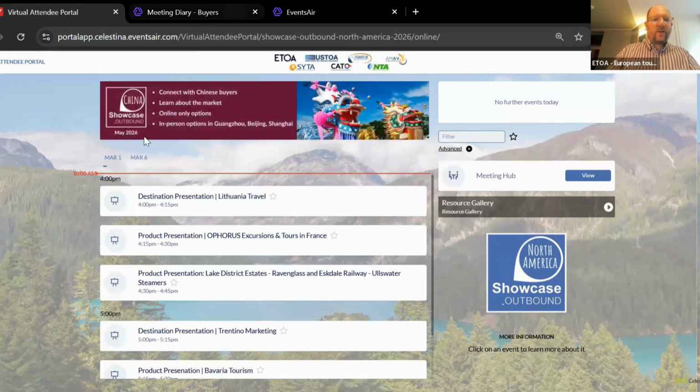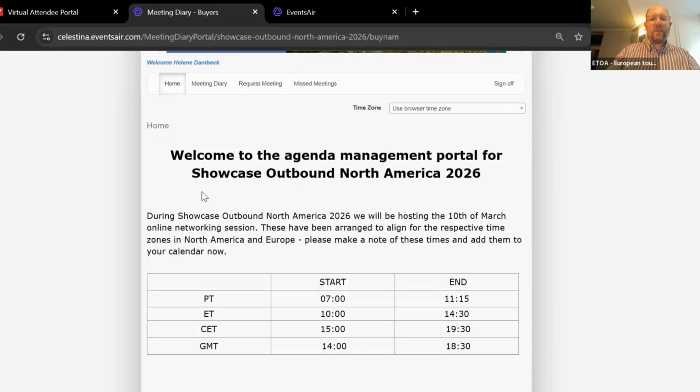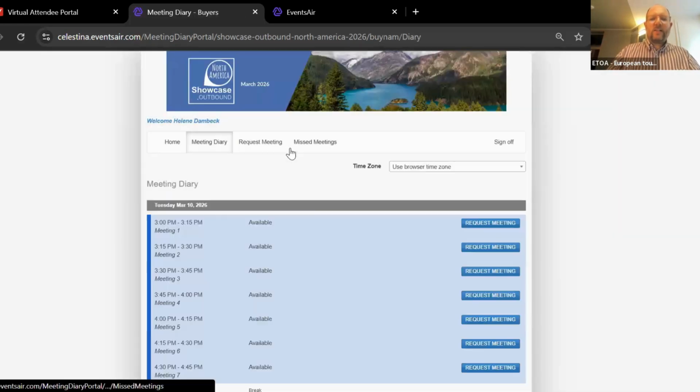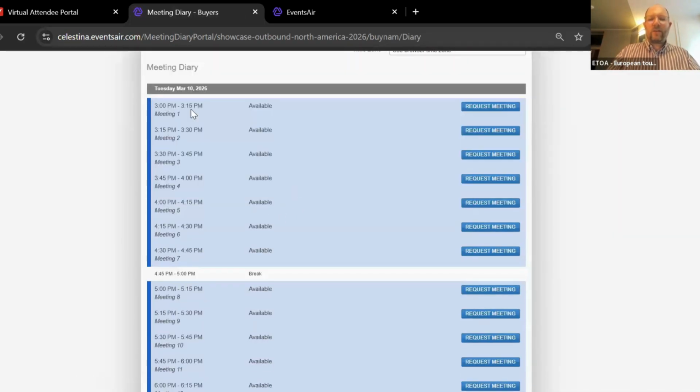So as we go into that, this is the second platform we'll be using. We have the two different sessions for the networking. Each time we will launch a quick round of request phases. In that respect, it is different from our previous online or indeed in-person meetings. This will be where you can go see your available slots, and if you want either one of your complete sessions blocked or specific times blocked, then we can definitely do that for you, but you need to tell us to do that in advance. At the moment, I'm just looking for the first session, which is March the 10th.